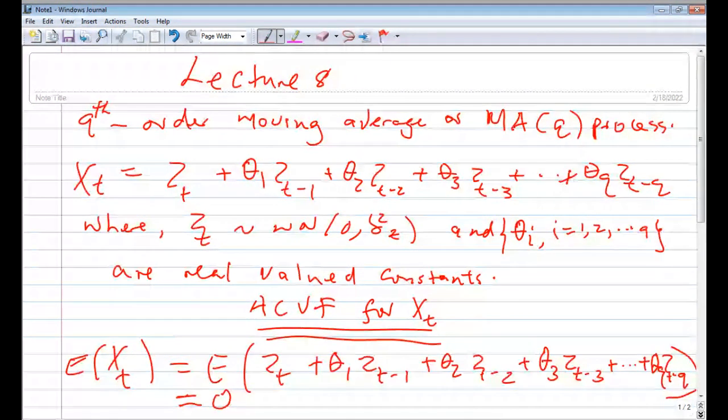So now, because moving average processes are stationary, we are allowed to calculate the autocovariance functions. That is why I started by calculating the expected value of XT, as you see there, which is equal to the expected value of ZT plus theta 1 ZT minus 1 and so on. And at the end of the day, because ZT is a white noise with mean 0, the expected value of XT is going to be equal to 0. Okay. So now for the next page,